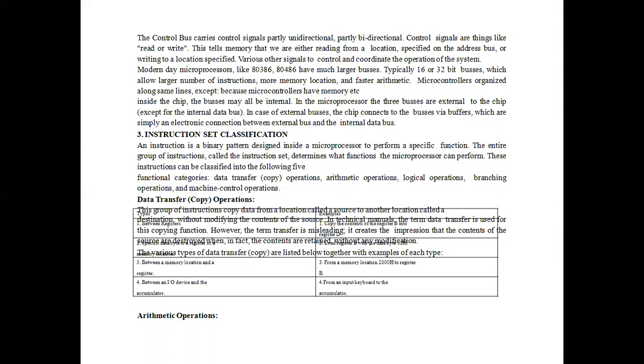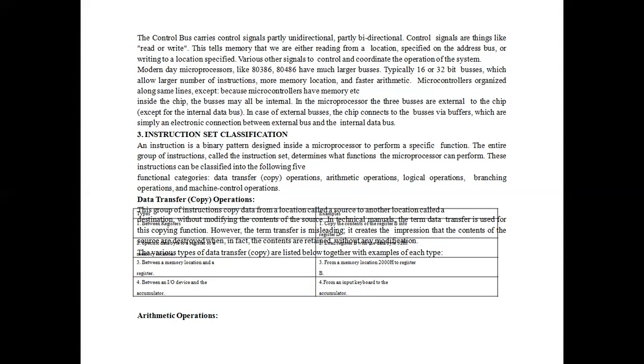The instruction set is classified into 5 types: data transfer, arithmetic, logical, branching and machine control. An instruction is a binary pattern designed inside a microprocessor to perform a specific function.